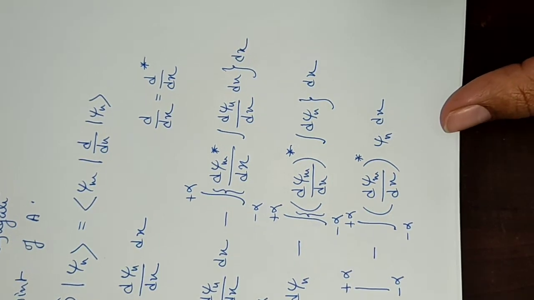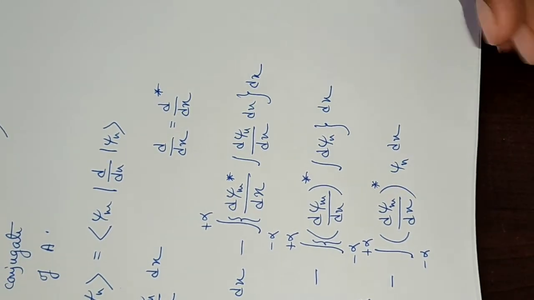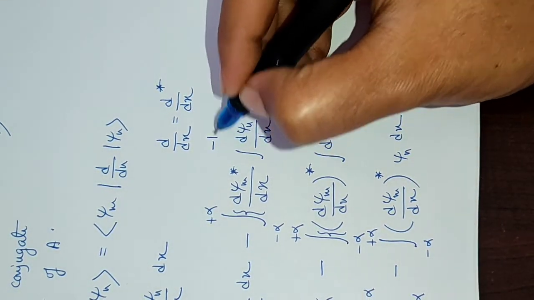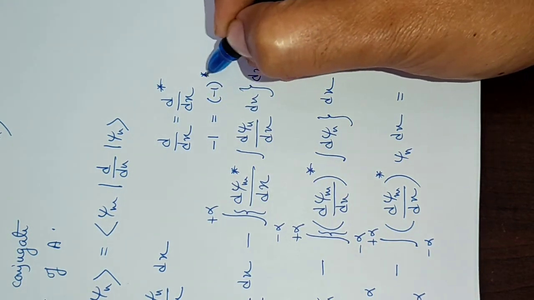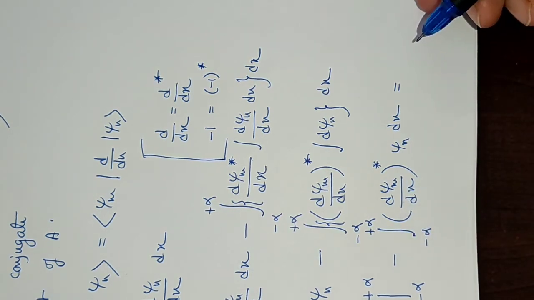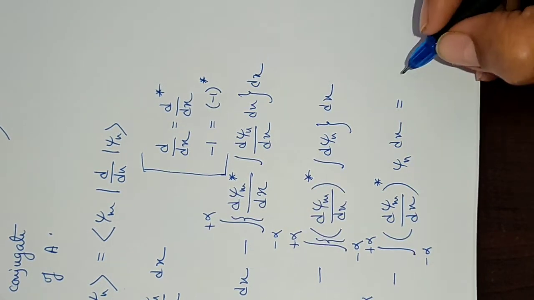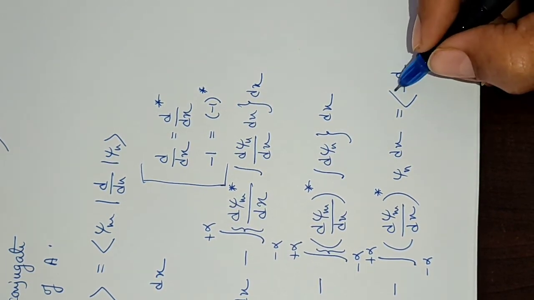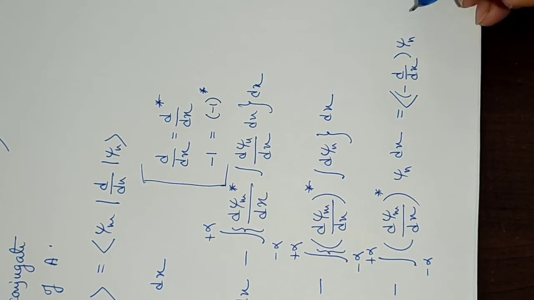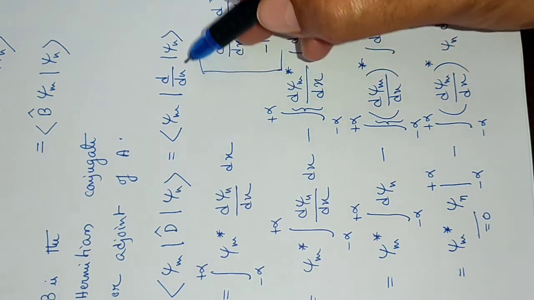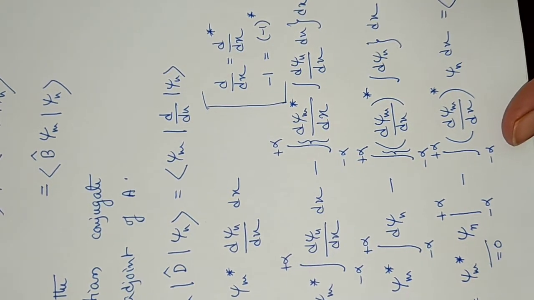Now writing in the bracket notation, it will give us minus 1, equal to minus 1 star, since this is also real. So let us take this to the bra part and we can write this as minus d/dx ψm ψn. We have started with this one and we are getting